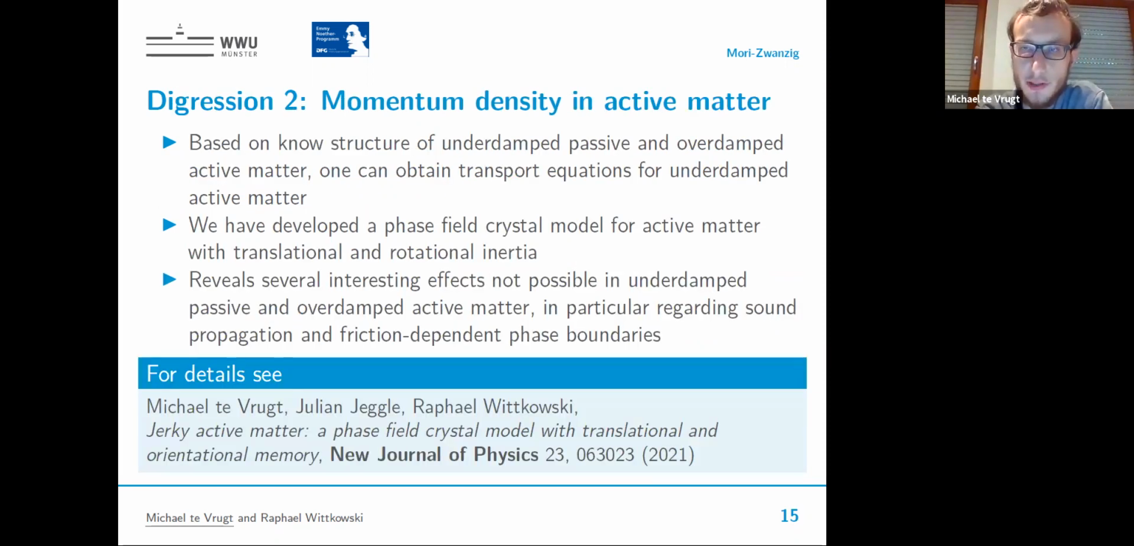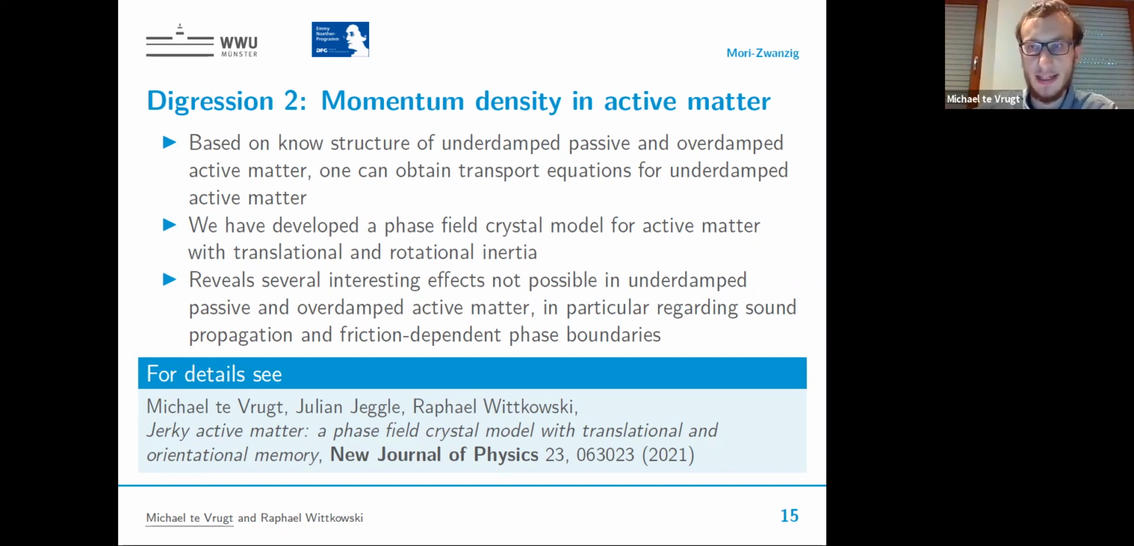So speaking about the momentum density, one can of course consider the momentum density also in active matter systems. As shown before, we know the structure of transport equations in underdamped passive matter, and we also know what the transport equations look like in overdamped active matter. And that can give us a certain clue on how to derive the transport equations for underdamped active matter. Again, this is something people have started to look at in recent years, and we in particular have derived a phase field crystal model that describes active matter with both translational and rotational inertia. So you have a finite relaxation time for both